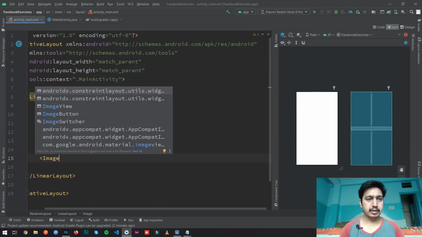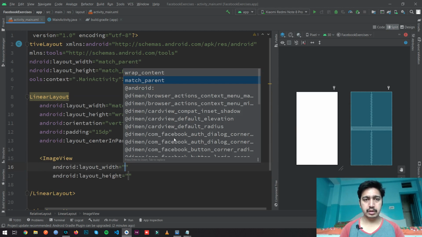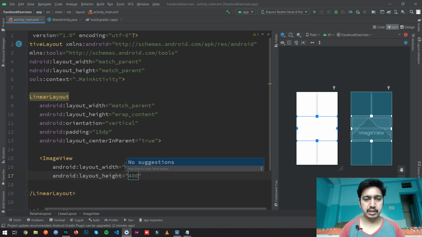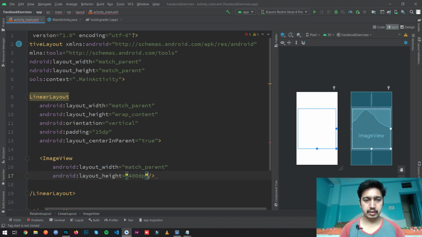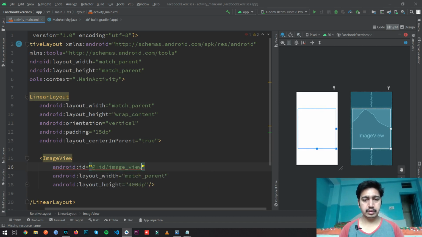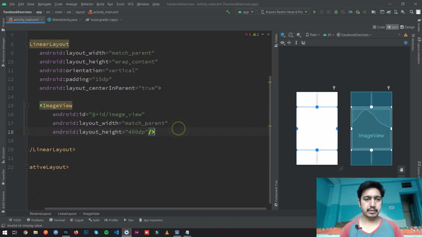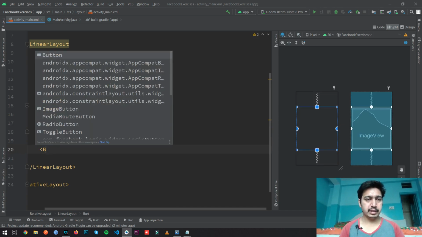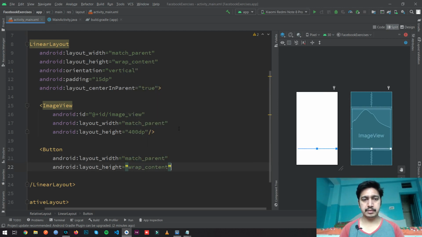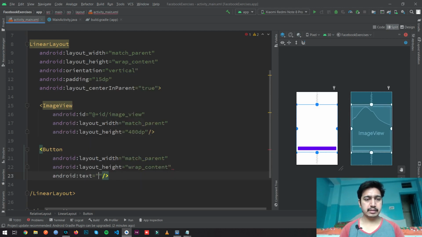Let me type ImageView first. The ImageView will be match_parent, and I'm going to take this as 400 dp for now. I'm not giving any file here, I'm just passing an ID. So ImageView, fine. Then I'm going to create a button for picking an image. Button, match_parent, wrap_content, text, pick image,